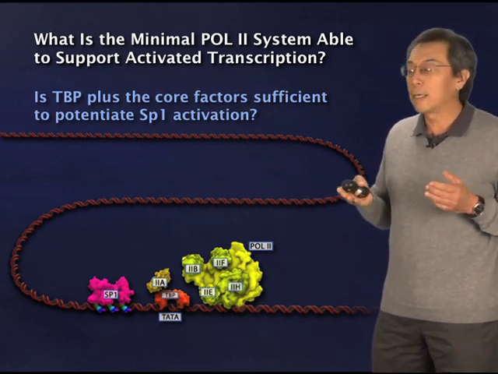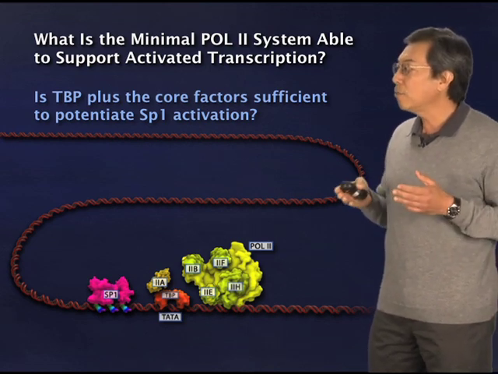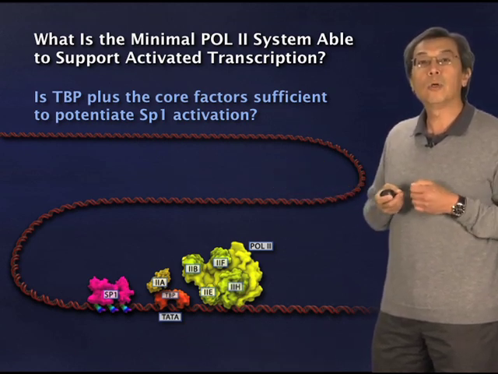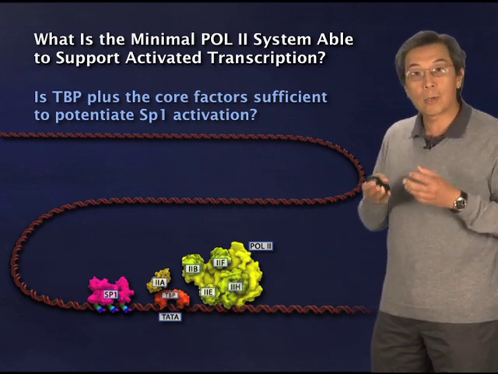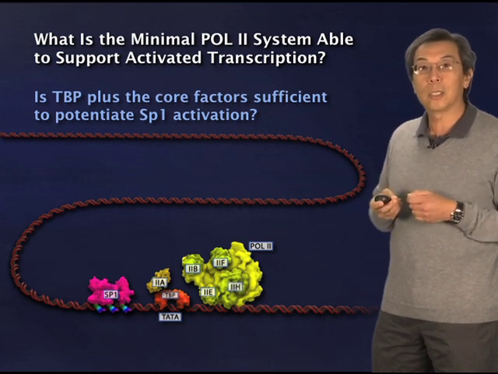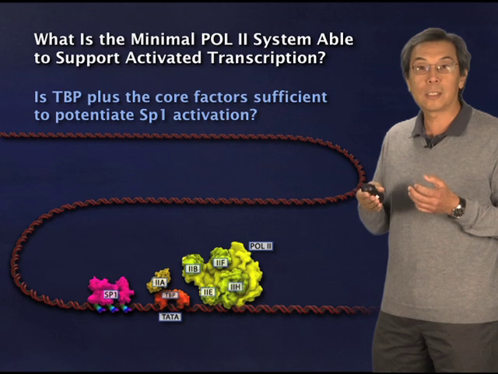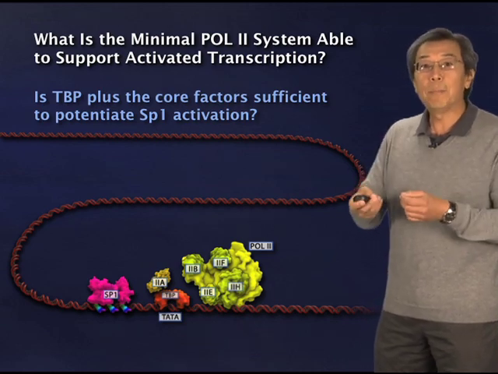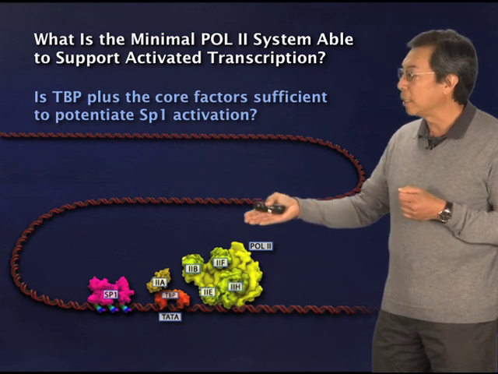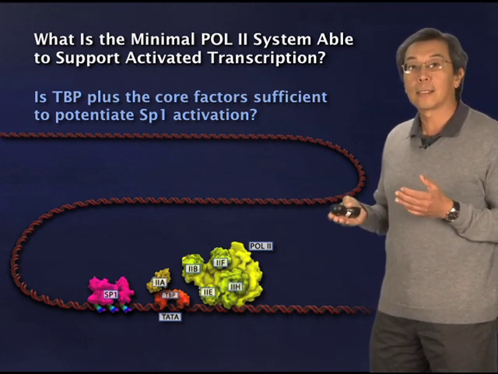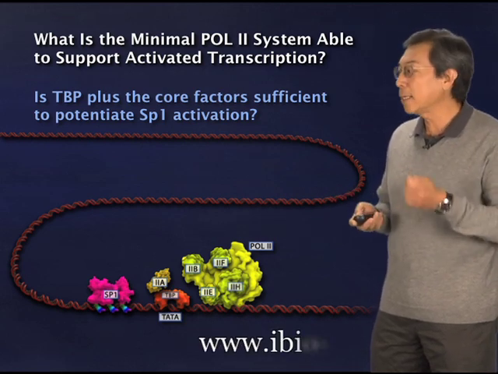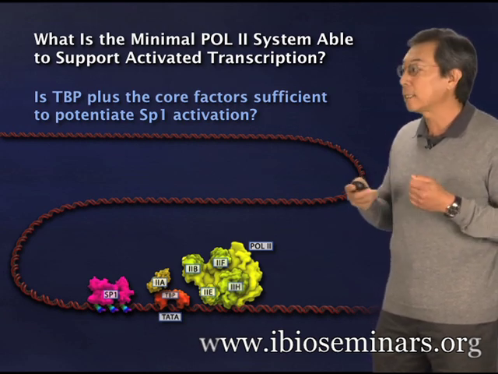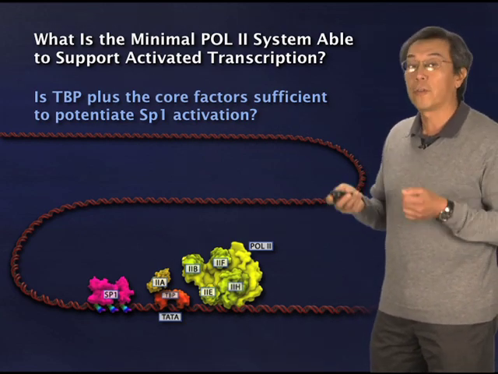It's a technology I call the biochemical complementation assay. And it's very simple. You ask, what are the minimal components, for example, in the case of a human gene, what are the minimal protein components of the transcriptional apparatus that you can extract from the nucleus of a cell that you need to put into a test tube that will allow you to reconstruct, or as we say, reconstitute the activity that will allow you to read the gene in an accurate fashion. And you can keep adding or taking away different proteins, the yellow ones, the green ones, the orange ones, and so forth, and ask, does it make any difference? By playing this adding and subtracting, you can very quickly discover what are the minimal components you need to activate a gene in a regulated fashion, and what are other things that might be necessary